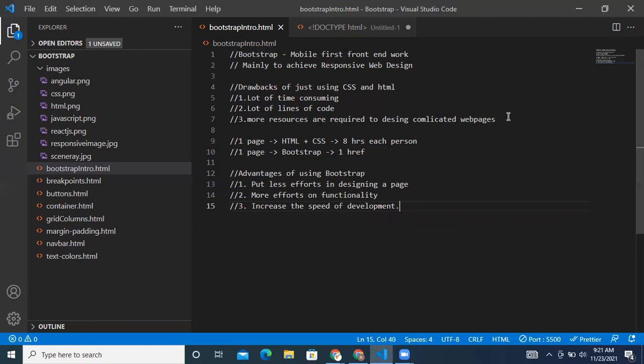So it is always recommended. See, now that Bootstrap has come up, it's not that you cannot use CSS and HTML, but it is always better to know the basics first. HTML and CSS is a must to understand Bootstrap. It's not that, okay, I have learned HTML and CSS, now Bootstrap is a new thing, but this is the base. CSS and HTML is the base for Bootstrap. Without that, it is difficult to understand what Bootstrap is and how to use the style classes of Bootstrap. It is easy to understand only if you know HTML and CSS.